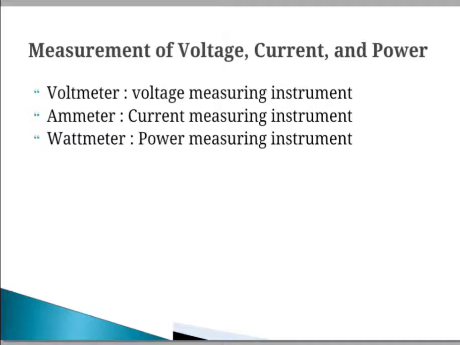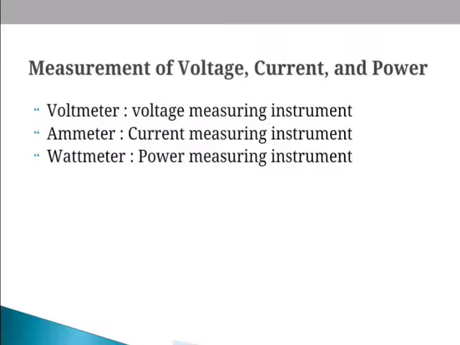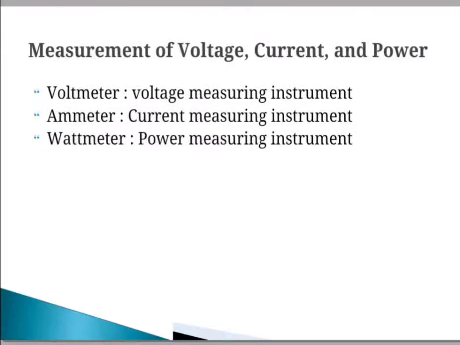The working principle of the voltmeter is that we have to connect the voltmeter in parallel in such a way that we can measure the voltage. Parallel connection is used because the voltmeter is constructed in such a way that it has a very high value of resistance. So if that high resistance is connected in series, the current flow will be almost zero, which means the circuit has become an open circuit.